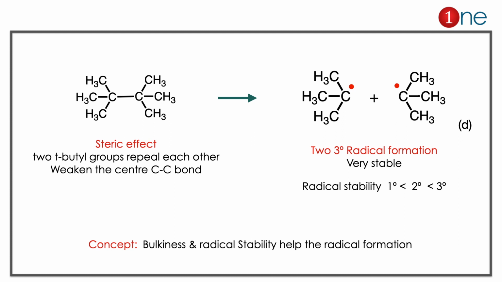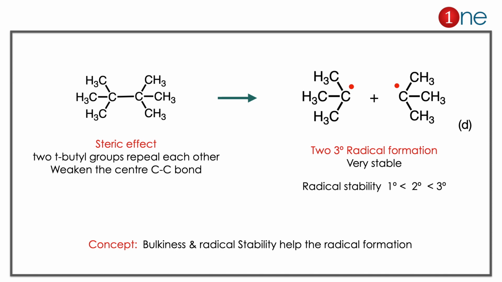Here you have to analyze the molecule by the cleavage of the carbon-carbon bond as well as the radical stability there. Here the tertiary butyl groups give very stable radicals because they are stabilized by the methyl groups, the radical can delocalize itself. So tertiary is more stable when compared to secondary and primary. That is one factor. Another factor is the steric effect of carbon with tertiary butyl groups. The steric effect is very strong. All groups repel each other. So you have a weakened central C-C bond there. So if you give a little bit of push, it will break as radicals. The radical will be stabilized as tertiary. So the answer is clearly D there.